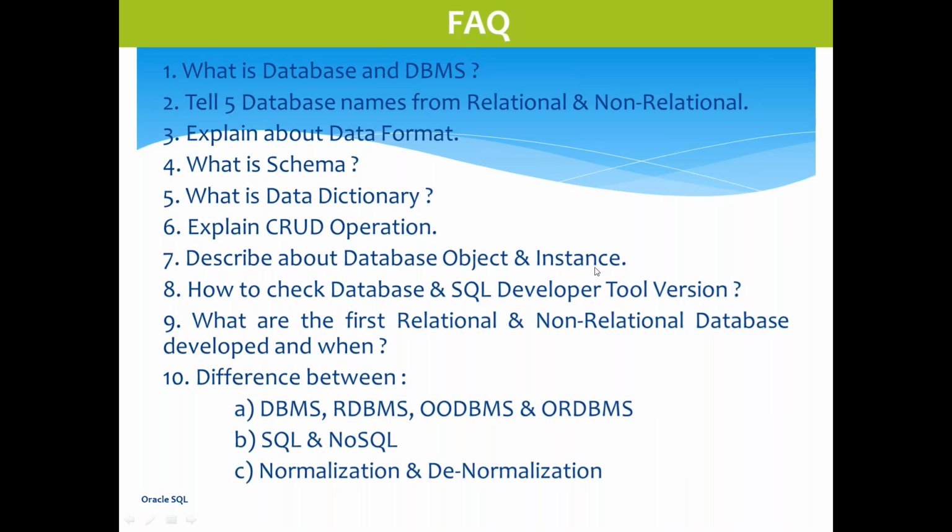Okay, so from each topic or each chapter, each class we will prepare some FAQ, interview preparation, 5, 7, 8, 12 question answers. That only you will get in the interview also. Next question: tell 5 database names from relational and non-relational. Whatever you remember, 3 or 5, anything you can tell. Any other person can tell. Jamir, yesterday you attended, you can tell. Or Nagesh, you can tell.